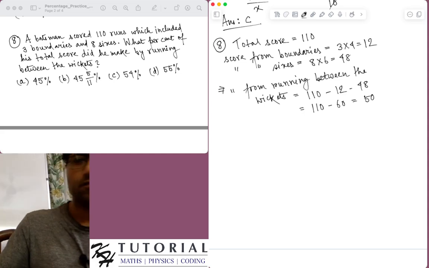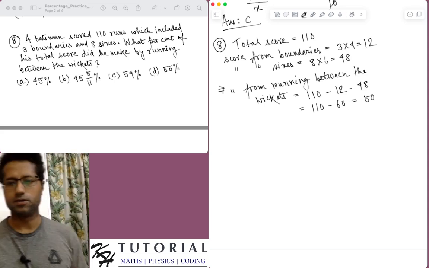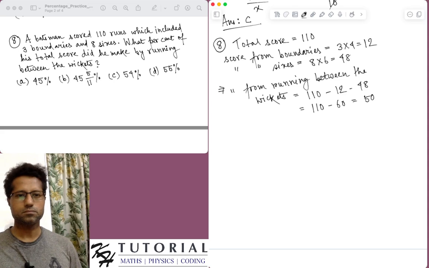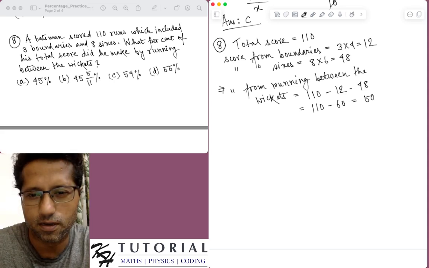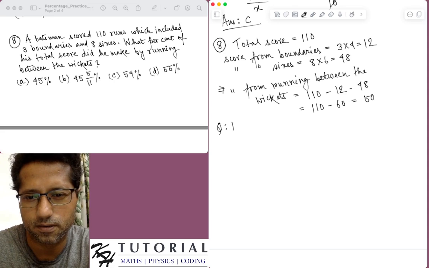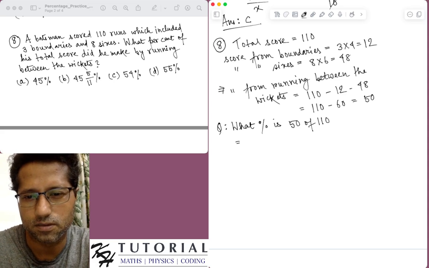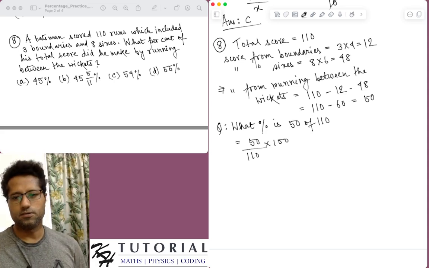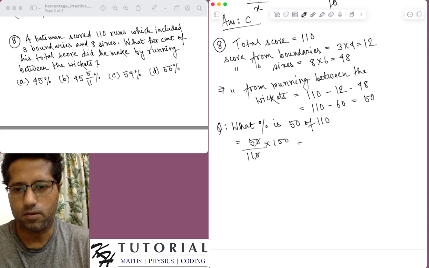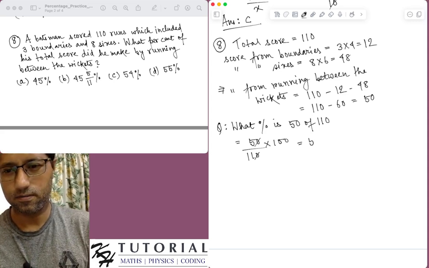Now we have to find what is the percentage of the score, that is, what is the percentage of 50 of the total score. So the question now is what percent is 50 of 110? This is equal to 50 divided by 110 multiplied by 100. So this is equal to 500 divided by 11